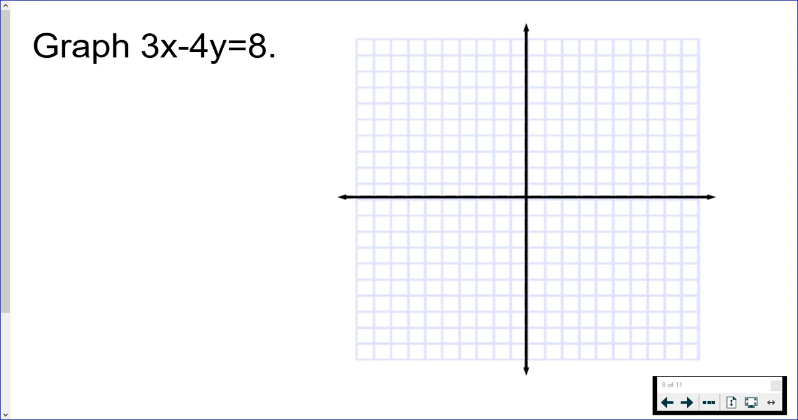I'm going to show you how to graph this two different ways. You'll still end up with the same line, but I'm going to show you two different methods of getting there. Now, as it is,